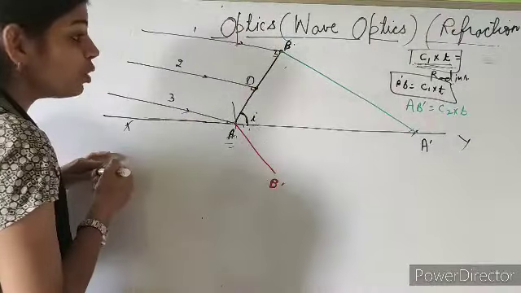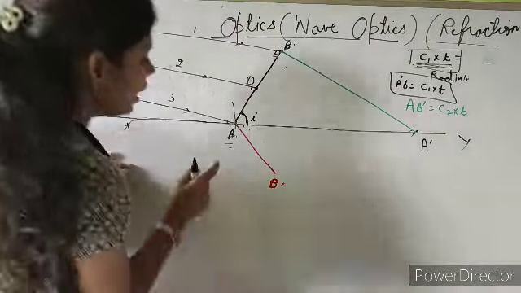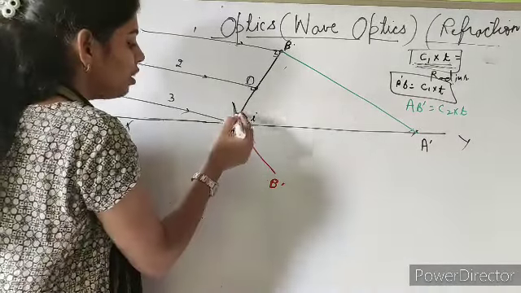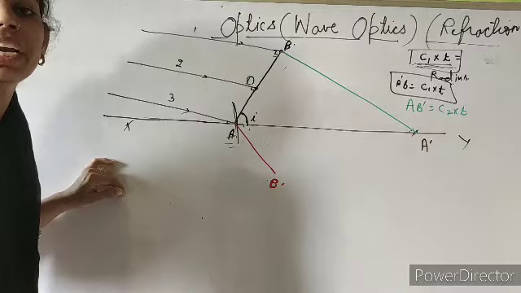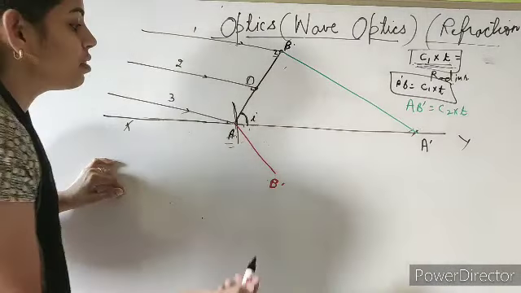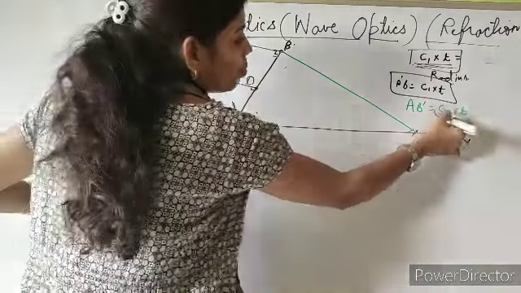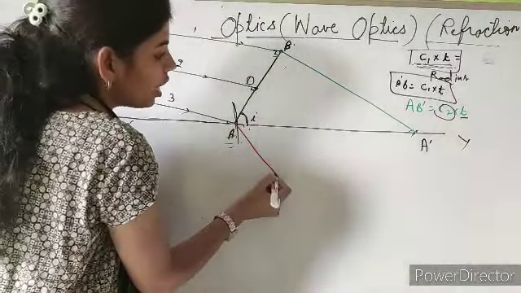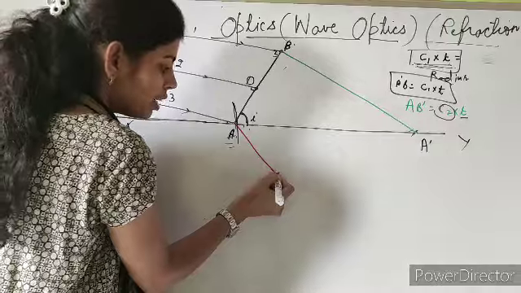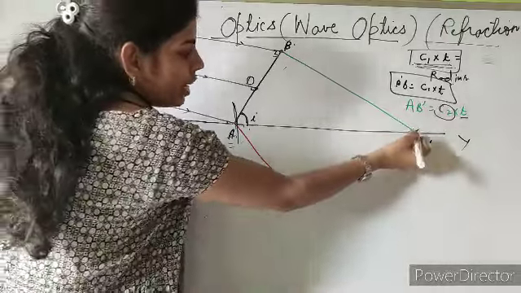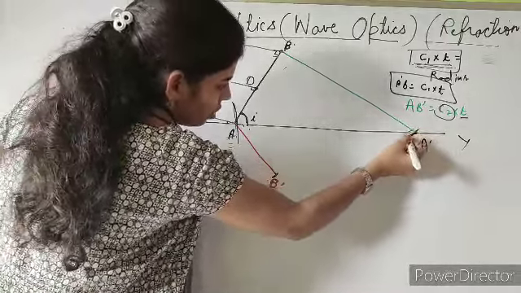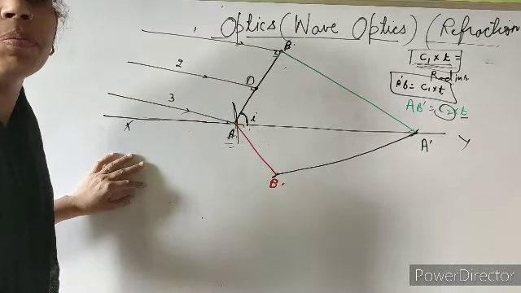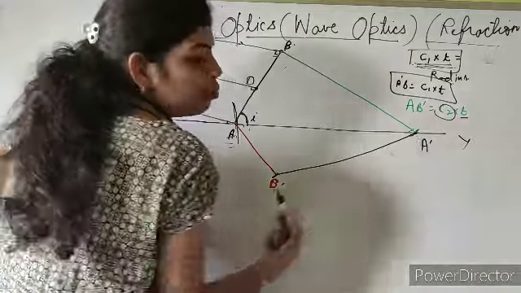What is c2? c2 is the speed of light in this medium, and you are well aware that whenever light rays travel in a denser medium, speed is decreased. Speed is decreased, time is the same, so what will this distance be? It will be less. And if I join these two tangents, this is the tangent, this is the tangent, then it would become a secondary wavefront.